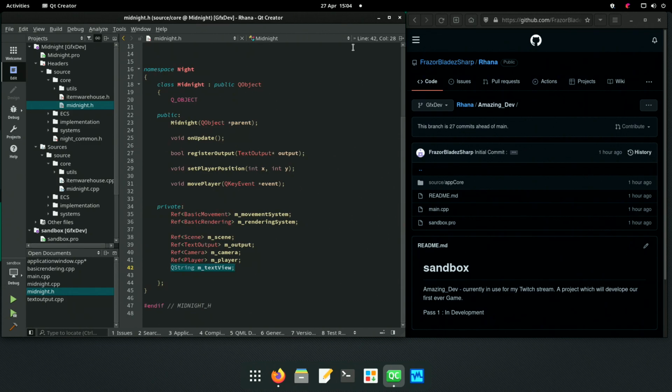Text view is the thing we need to alter. How do we do that? We would have to inherit from midnight.